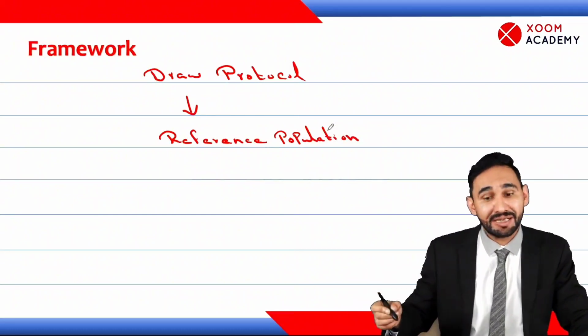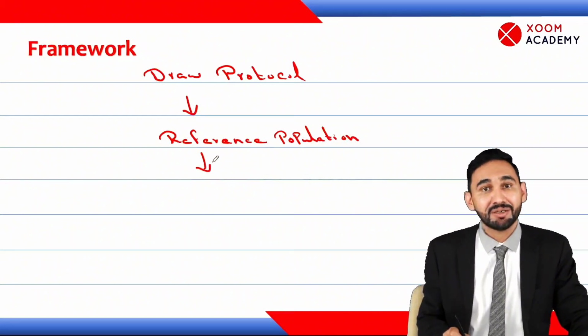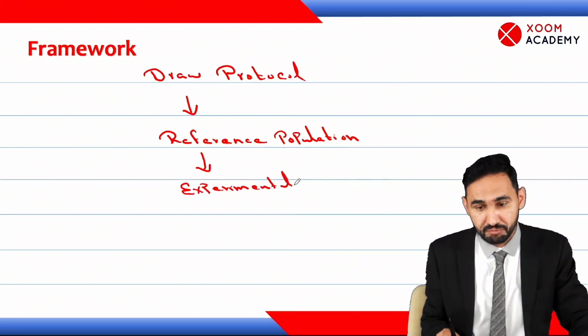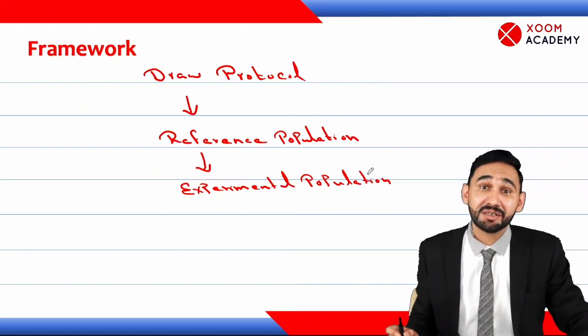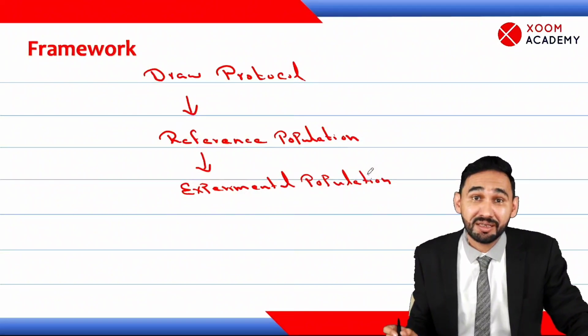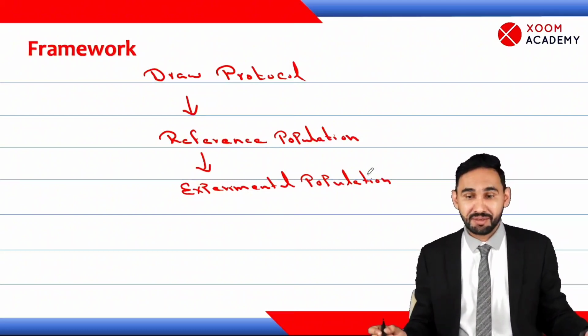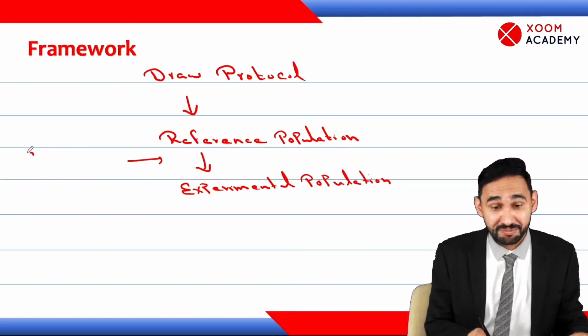So we will select the reference population. And after selection of the reference population, we will select the experimental population. What is the experimental population? The population on which manipulation or intervention is done. We will do intervention and manipulation on this population, but how will it be selected? It will be selected on the basis of certain criteria.